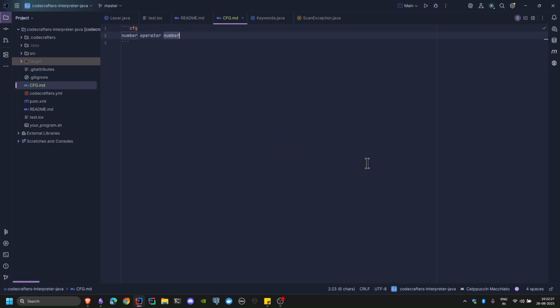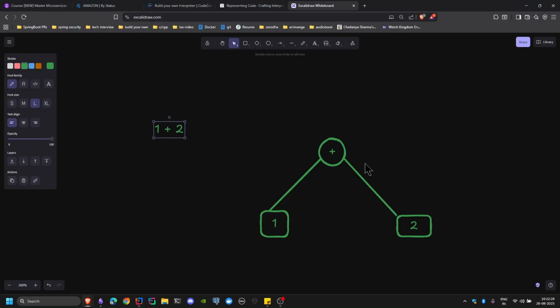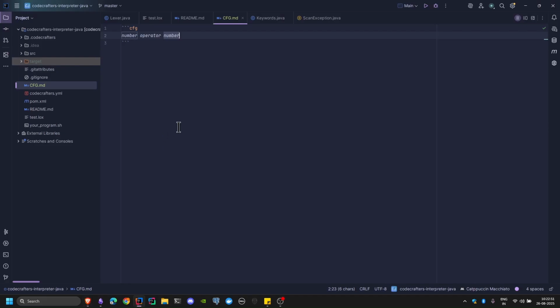In the Lox language, we support unary operators as well, right? We can have a minus one. Anyways, we can have a minus one, or we can have a negation of a true. So negation and minus are unary operators that we support in this language. All right, and for that,